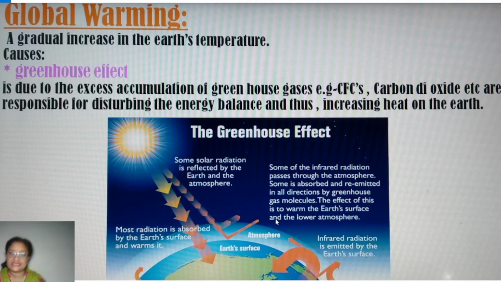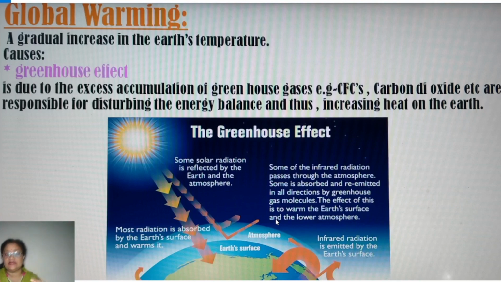And it has been found in various studies that over Antarctica several ozone holes have been found. First of all, it was detected there. Now, what is an ozone hole? You should understand this. An ozone hole is where you'll find the ozone layer in the stratosphere affected. Just now we discussed that in the stratosphere, between 20 to 50 kilometers from the Earth's surface, there is a layer of ozone gas, and it is found naturally. This ozone layer is very, very useful for us, very important for the survival of life.